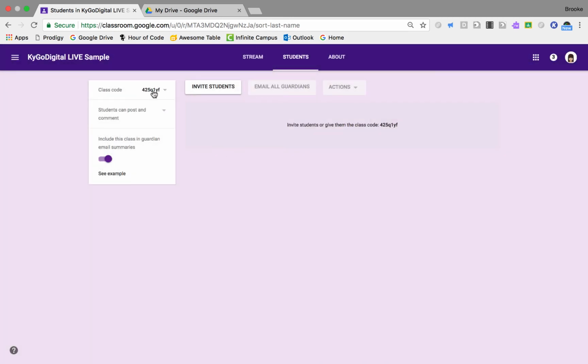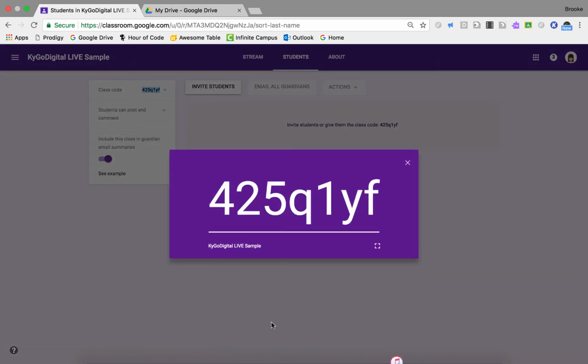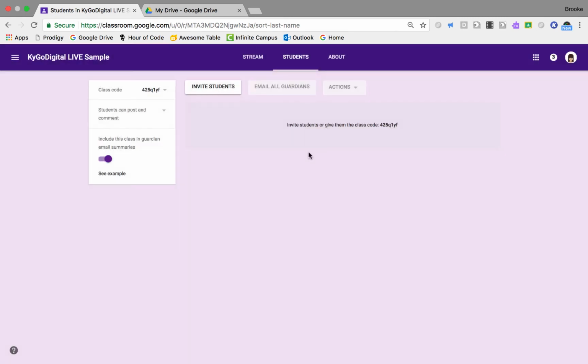Over here you have the class code, and that's generally what most people do. They will open up the classroom and click this display option, and the students will then go into Classroom and type that code in. Remember when we were in Google Classroom a second ago and we could hit join or create, you would hit join and then paste this code into that join box,